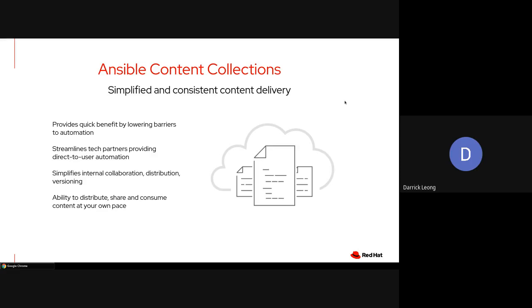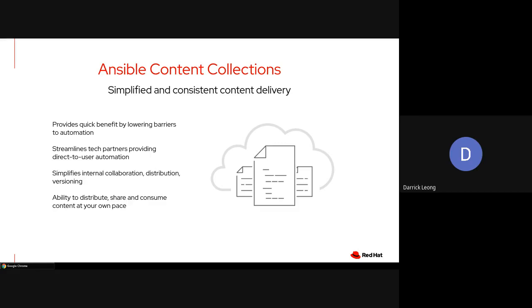And the next feature that we have is the Ansible Content Collections, right? Content Collections allows you to provide a more simplified and consistent content delivery. So today, if you're not using modules, you'll be using Content Collections to be installed within the Ansible playbook itself.